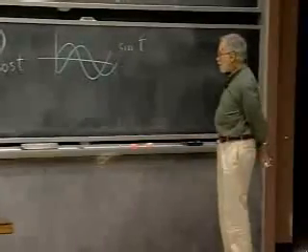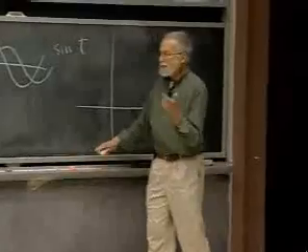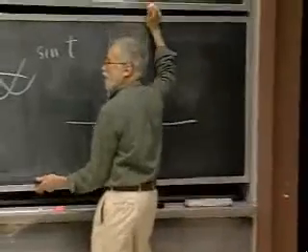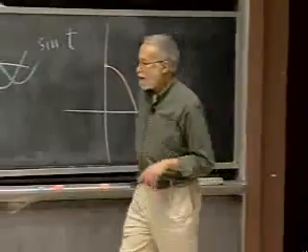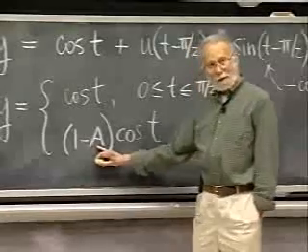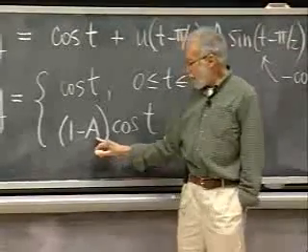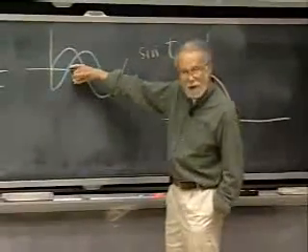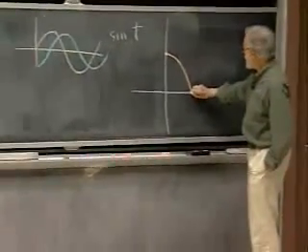Well, what function does that look like? Well, there are cases. It starts out life as the function cosine t. So it gets to here. And at t equals pi over 2, the mass gets kicked, and that changes the function. Now, what are the values? Well, if a is bigger than 1, this is a negative number, and it therefore becomes the function negative cosine t. Now, negative cosine t looks like this, the blue guy. So negative cosine t is a function that looks like,